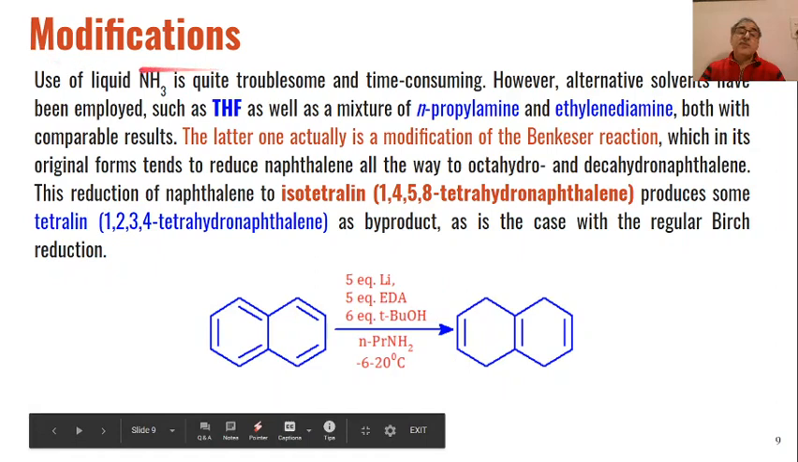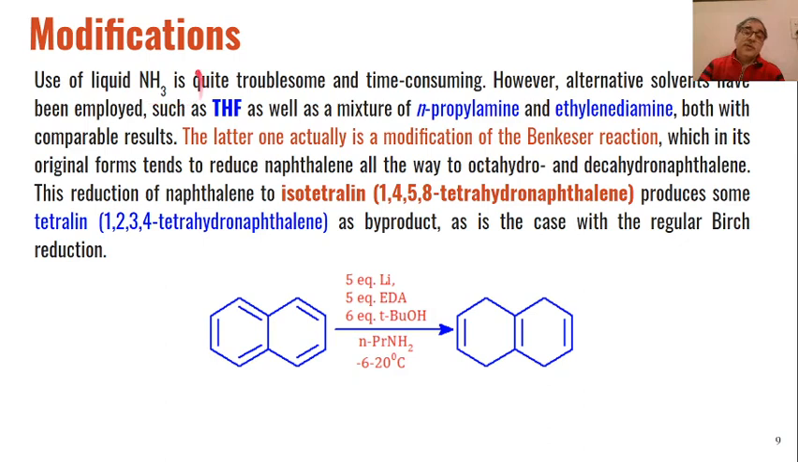Then modifications in BIRCH reduction. The use of liquid ammonia is quite troublesome and time consuming. So in some of the cases, this liquid ammonia has been replaced by some other solvents like THF or a mixture of N-propylamine or ethylene diamine, and sometimes a mixture of these two, or sometimes ethylene diamine has been used independently, and